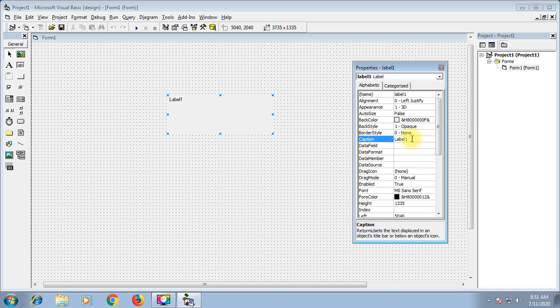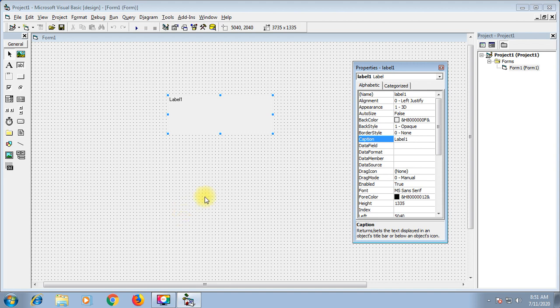That can be set by the caption property. Where is it set? The caption property. I have directly jumped to the caption property, but you don't need to worry about that. Today I am just showing you how to use this control and how to apply some of the properties of this control.